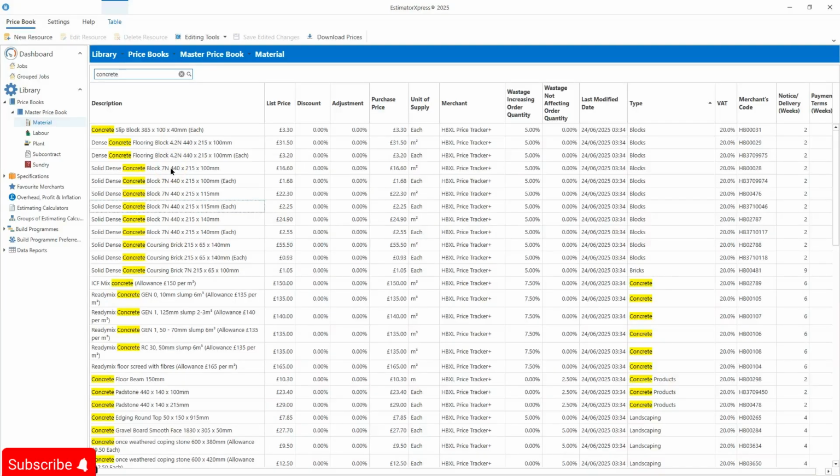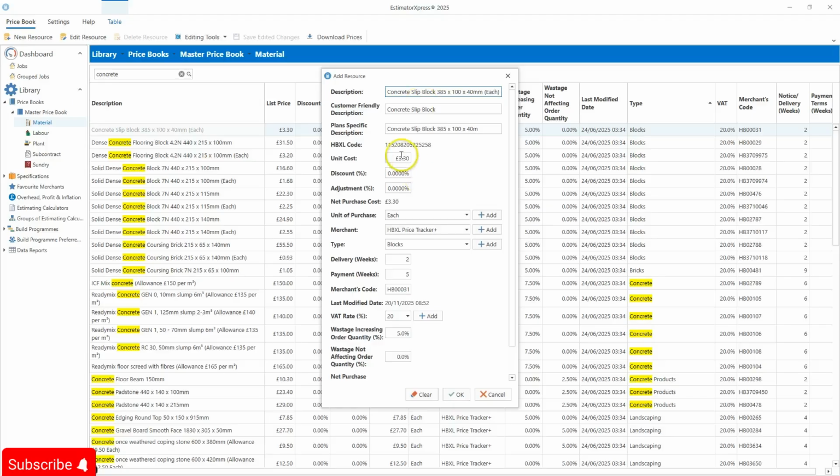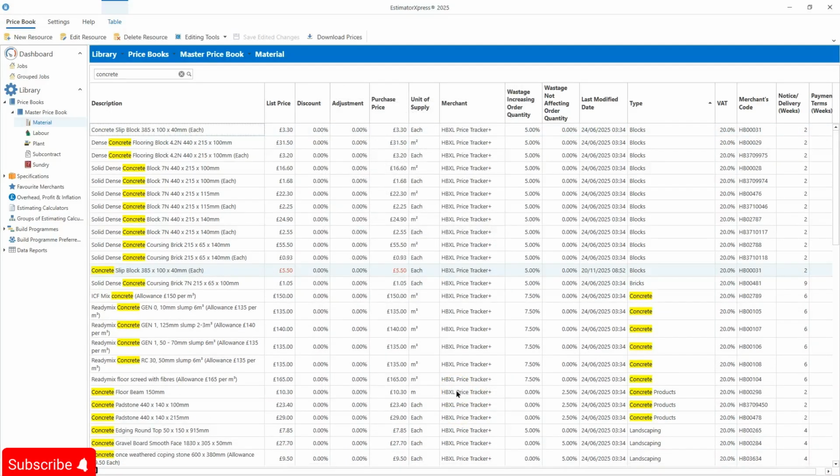And to do this, it's very simple and straightforward. Simply select the item that is closest to the item you'd like to add in. So I'm just going to select the top one here for simplicity's sake. Go to New Resource, give it a name, and delete away where it says copy. Obviously you don't want it to say copy. And then obviously key in the fresh price, whatever it may be. When you're happy with the price and the unit of purchase, we hit OK,